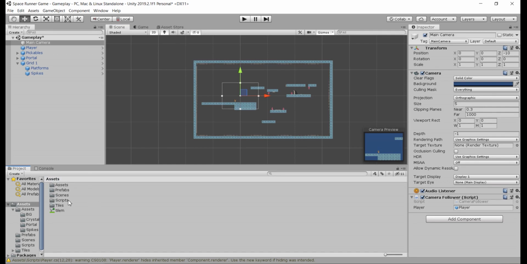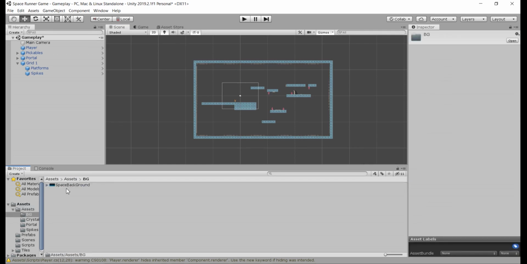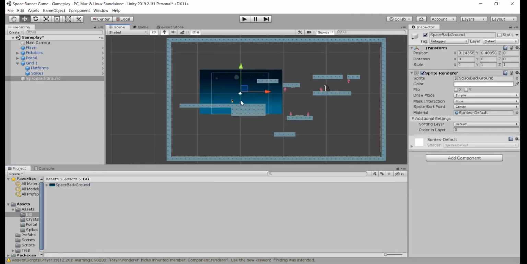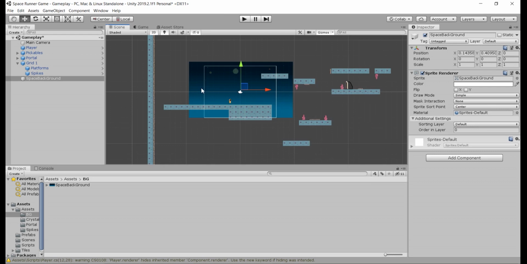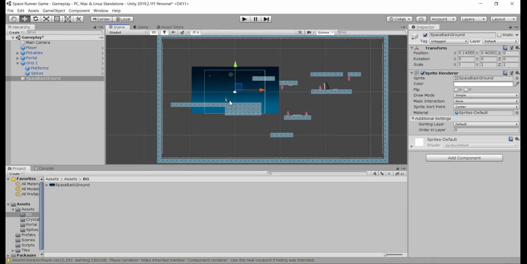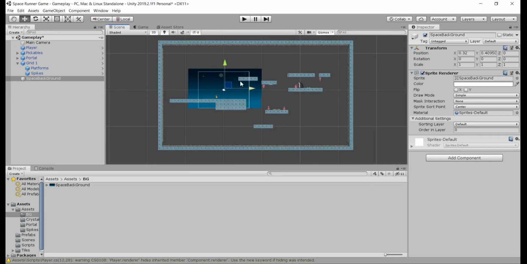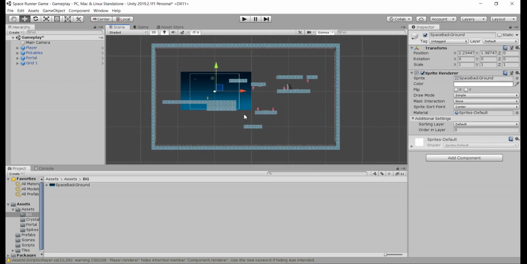So before this final testing, we go here in the assets, and I forgot of course to import or drag into the scene this background that I prepared. So when we go in the game we'll see this, and everything will be nice for our background. I will position this background a little bit here, and in order for our background to follow our player, we are going to put this background as a child of our player. So simply put that background, and our background will always follow our player. So we'll see how good that effect is. And yeah,